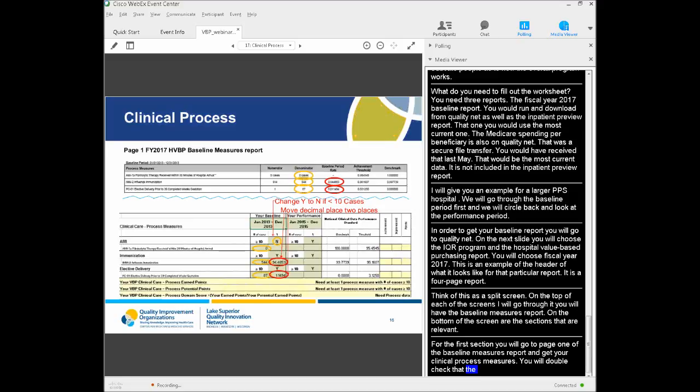When it comes to entering the number for these, you need to move the decimal place 2 places. So you'll see the 0.94 ends up 94.4853 for immunizations. On the next slide,